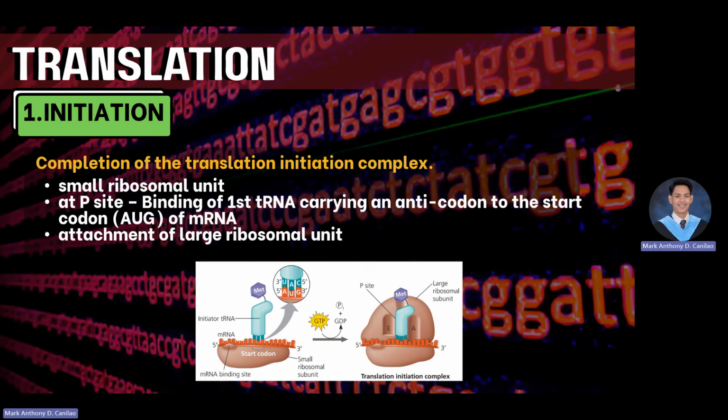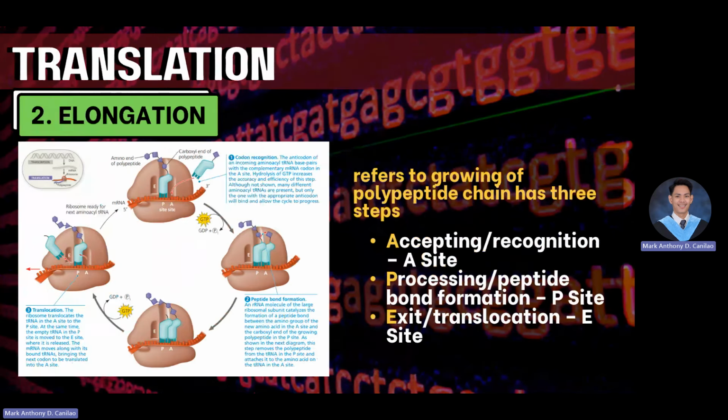So again, there will come a time that the translation initiation complex will form with the help of the large ribosomal subunit. To cover the site, the large subunit, which is located at the top, attaches to the small subunit. In the process, it sandwiches the mRNA transcript inside. And also, the initiation tRNA is located at the P site or the processing site. The next phase will commence, known as the elongation.